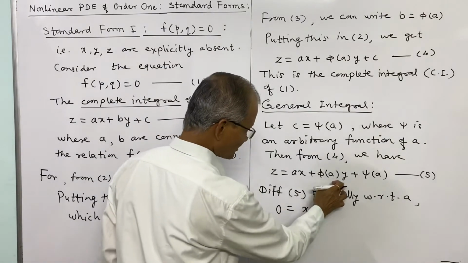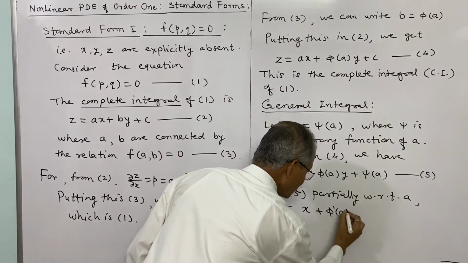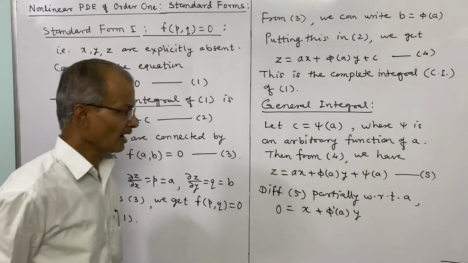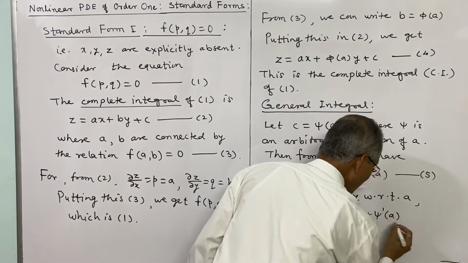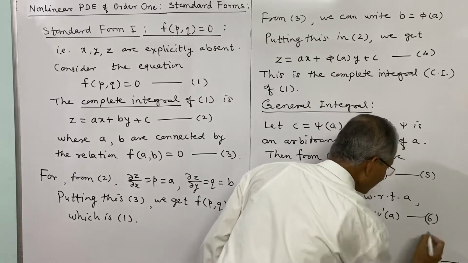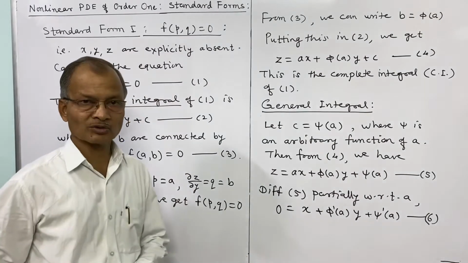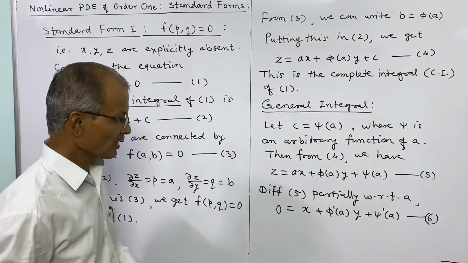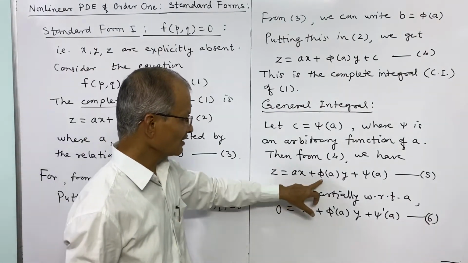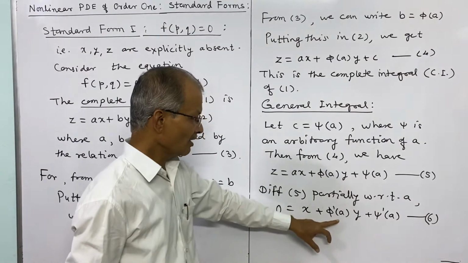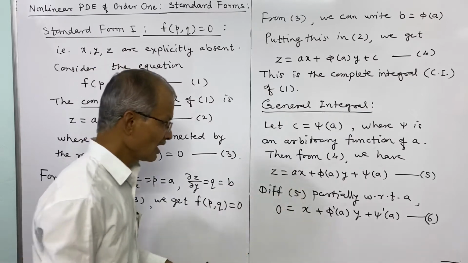Here y is to be treated as constant, the derivative of phi of a with respect to a is phi dash a into y, and this is psi dash, that is the derivative of psi of a, and this is our equation 6. Now what we have to consider here: in the general solution there should not be an arbitrary constant, so we have to eliminate a between 5 and 6. This is in terms of a and function of a. This is also in terms of the derivative of a. So therefore a can be eliminated from 5 and 6.